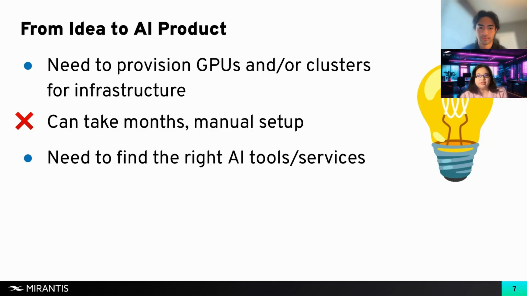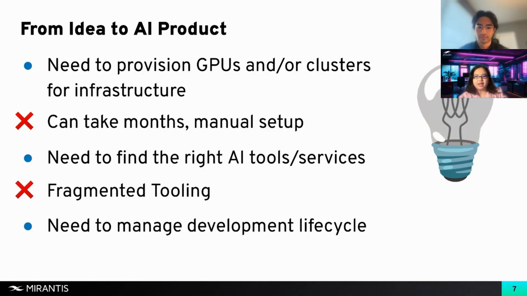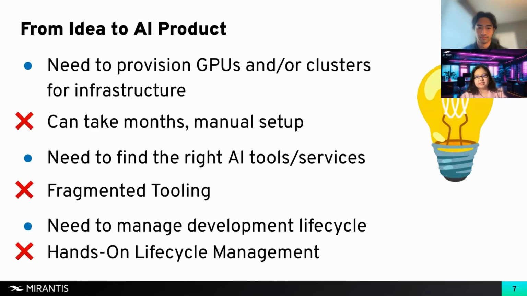And the challenge doesn't stop there. Most AI stacks are built using fragmented tooling, a patchwork of disconnected platforms for infrastructure, Kubernetes, GPUs, observability, security, and model operations. This fragmentation makes development and debugging slower, increases integration and maintenance costs, and reduces visibility into what's actually happening. Finally, we have lifecycle management. Lifecycle management is still too manual to this day. Upgrades, patching, scaling, policy enforcement, and troubleshooting often depend on human coordination, which in itself introduces risks, slows down delivery, and makes it harder to operate securely at scale.